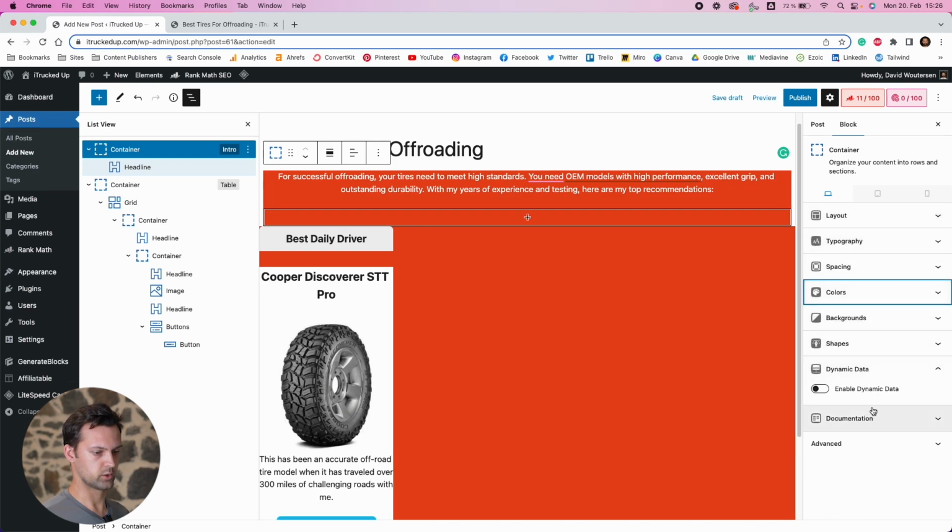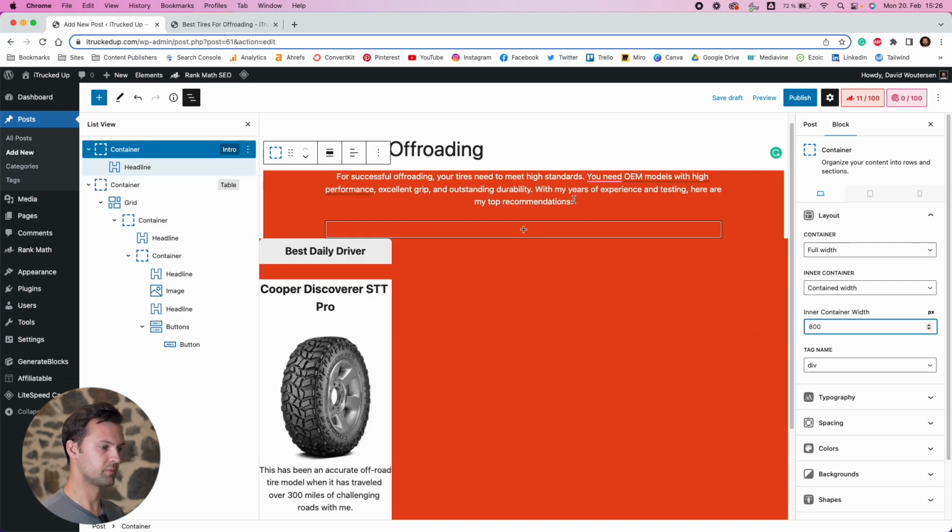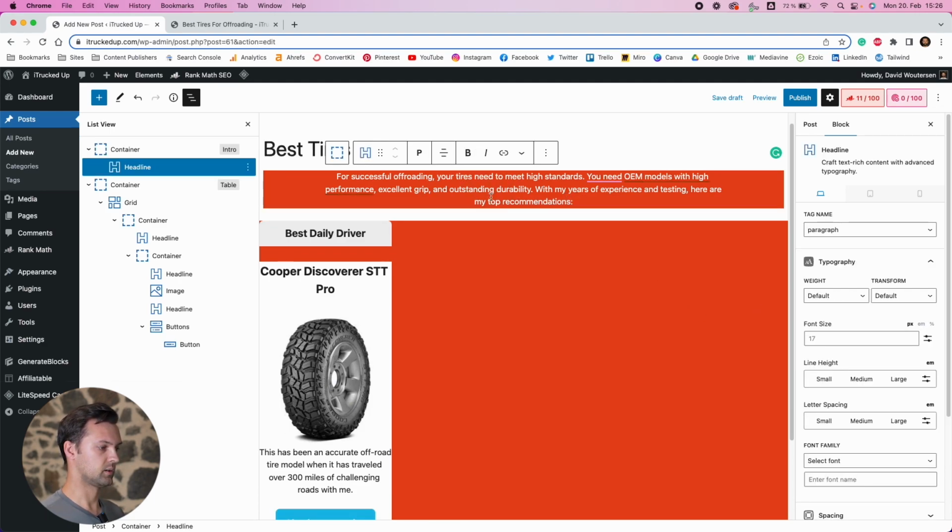There's just a lot of things that are open here that looks a little bit untidy. So if we go to layout, we can go here to the inner container, the container width. So it says the container itself is full width, but the inner container is everything that's inside of this container. We can make that a separate size. So for this, I'm just going to go with 800. Oops, not 800, 1200. So now you can see that's nicely